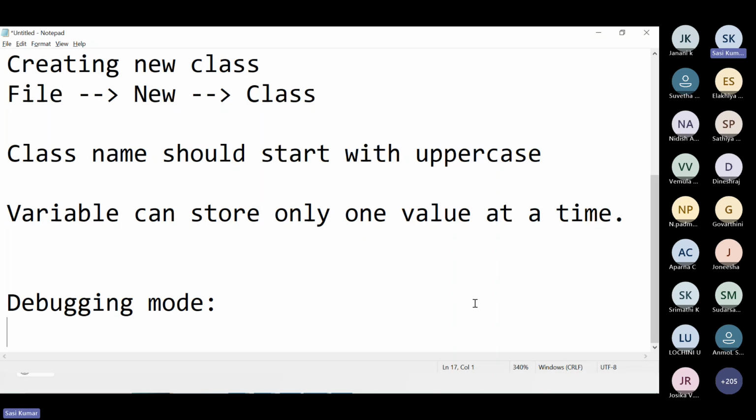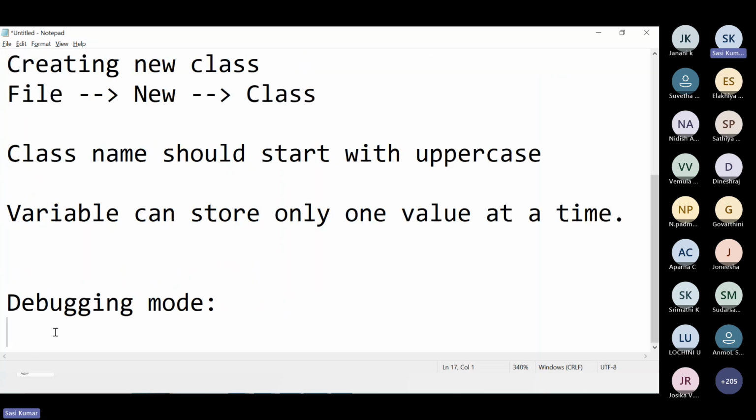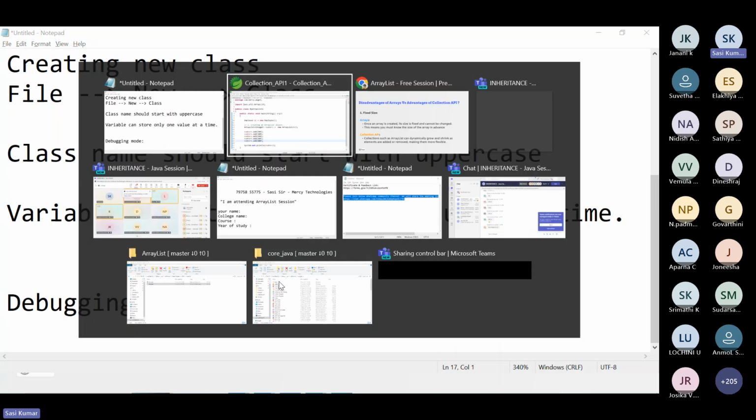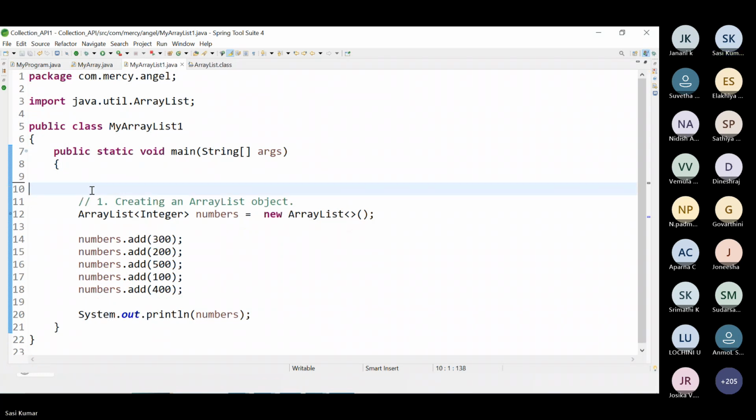So these IDEs, like IntelliJ, STS, Eclipse, give the facility to run your application in debugging mode. How to run? It's simple. You can double click here. When you double click, let me delete this, there is a small bubble you are seeing.